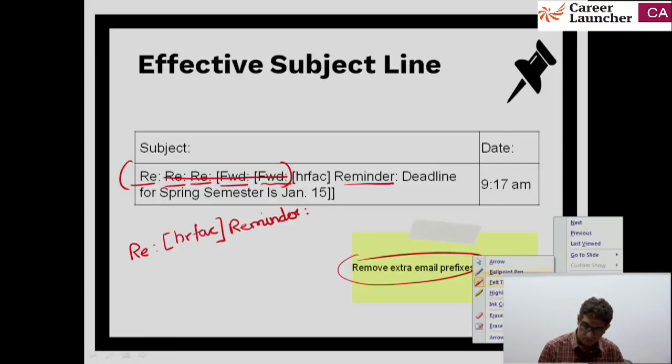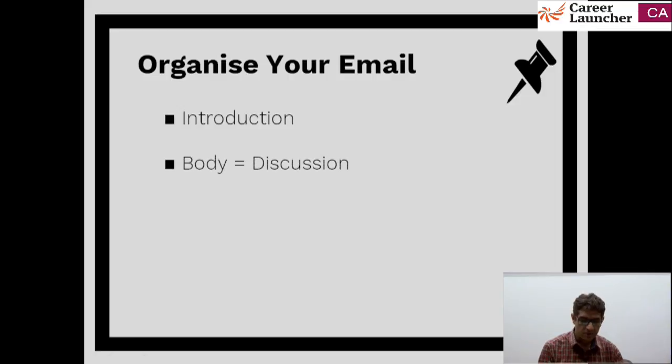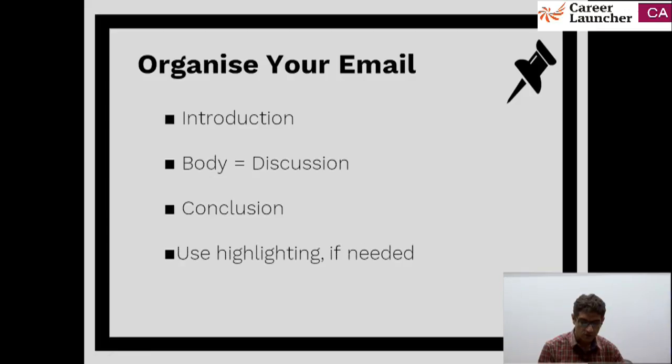creating the subject lines. Okay, so after the subject line comes the body of your email, and obviously you're supposed to organize your email, and typically we know it has an introduction followed by a body which contains the discussion of your agenda and then a conclusion. And in this entire process, do not be afraid of highlighting. On a piece of paper, you would normally not be able to highlight things easily, but in an email you can use formatting tools. You can put something in bold, you can underline something, and you can also make something a different color, and that can make the relevant parts stand out and be easy to refer to or access.